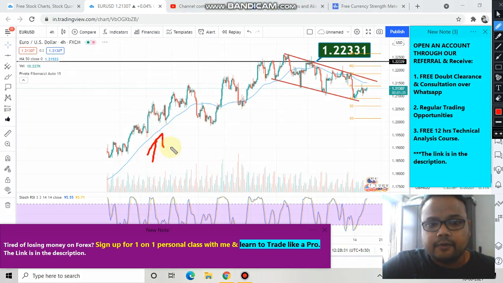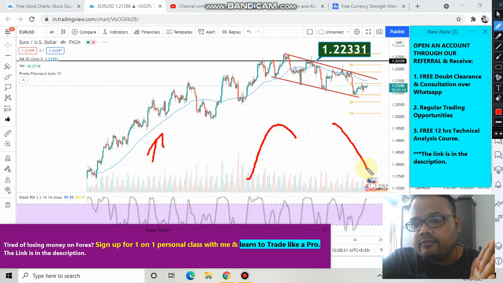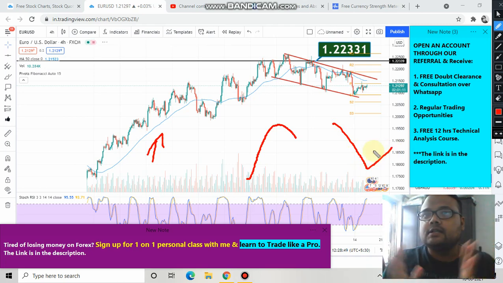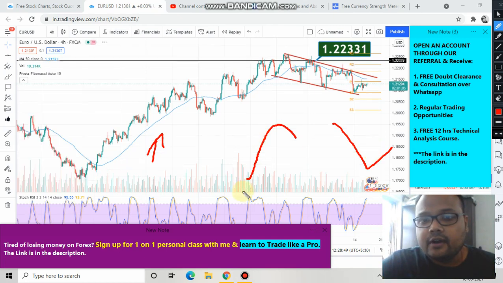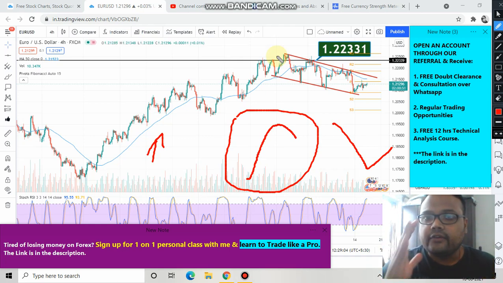As we all know, we cannot consider this as a trend reversal until and unless we get an inverted V. Or in a downtrend market, when we get a V formation like this, then only we can consider it as a trend reversal. In the chart of Euro USD, until we get an inverted V formation like this, we cannot consider this as a trend reversal, because right now market is following a downward channel. So we do not have the inverted V formation, therefore the uptrend is still intact. Overall, this is the trend of the market.